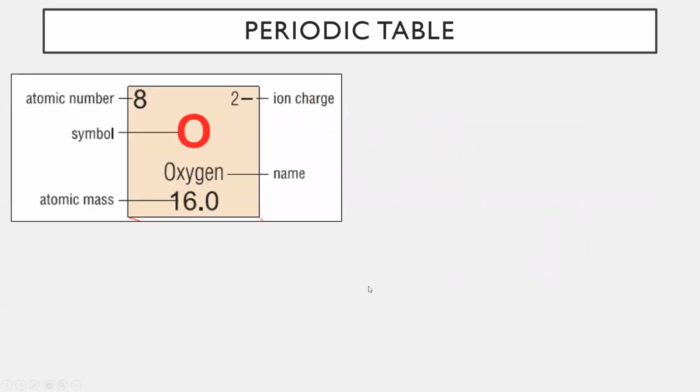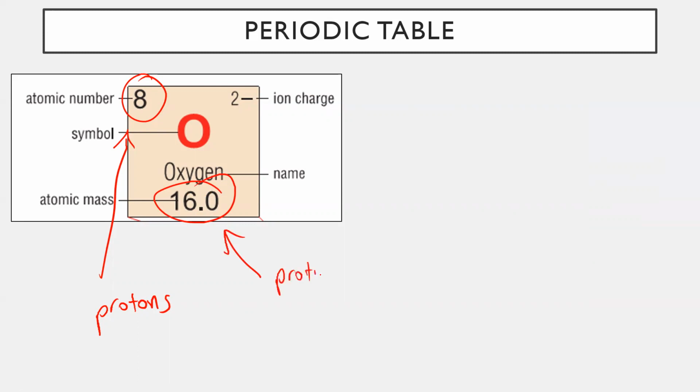So on the periodic table, of course, every single element has a little box that looks like this. So this one, of course, is for oxygen. We've got this one labeled. Some of the important things to understand here is this atomic number in the top corner. That tells you how many protons you have. Okay, so this top number is your number of protons. This number at the bottom is your atomic mass. That's equal to your protons plus your neutrons, right? So in other words, if you wanted to find how many neutrons you have, you just take this number